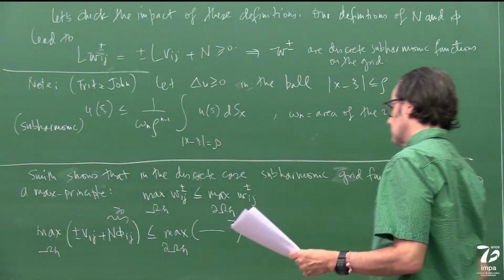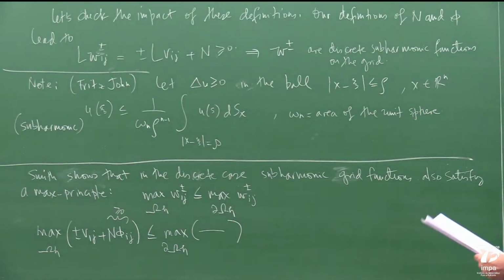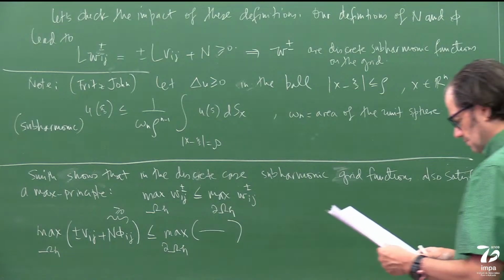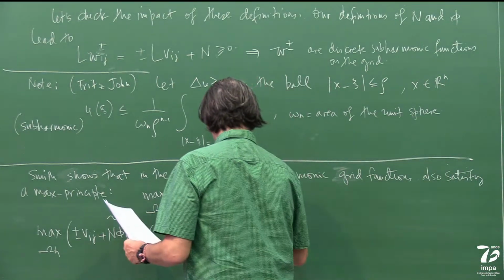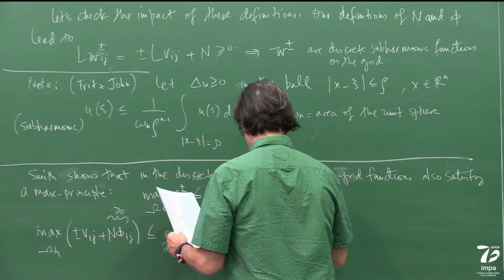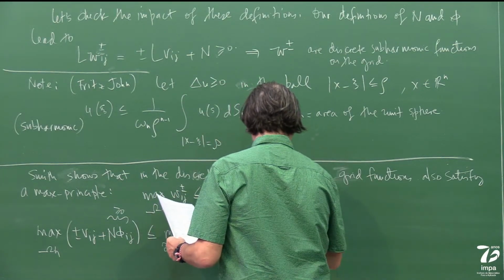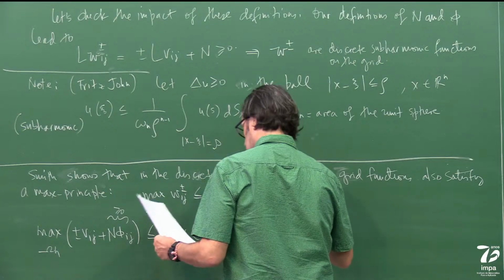on the boundary, because that's exactly what we have shown. Okay. And this is less or equal, then we can split the two guys, because one is positive on the boundary. This guy here